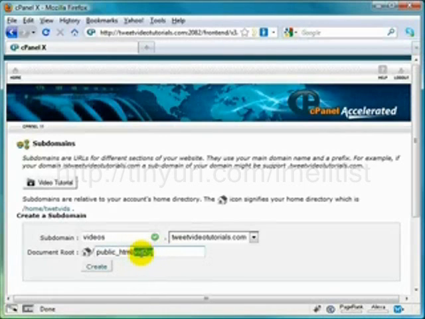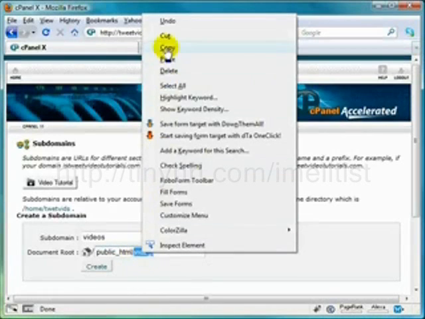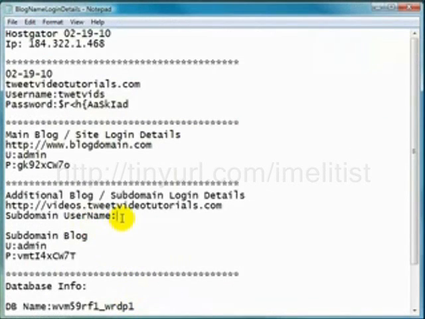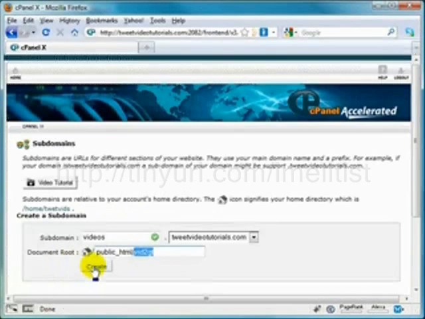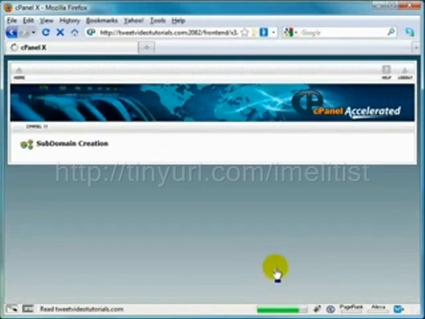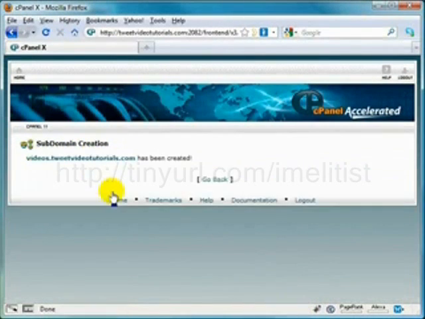Then I would just copy this and paste it into our document, vid to GT. So just in case the need ever arises to ask, what the heck is that subdomain username? Well, now you've got it right here. And click on create, and boom, the subdomain is just about created. And there we have it. Subdomain